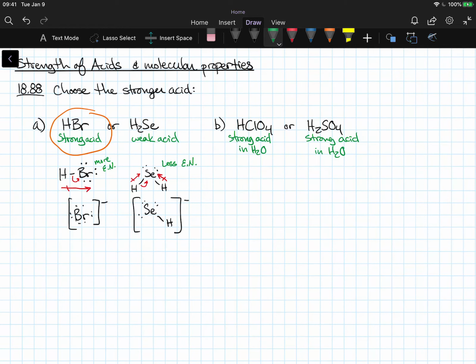So if we were to switch the solvent, then we could start talking about which one would be the stronger acid in a different solvent. This is an idea we're not going to talk about too much. It's in the last chapter of the textbook, 18.8. I encourage you to read that if you want. It's a little bit of a difficult concept to grasp at first, but it's called solvent leveling,